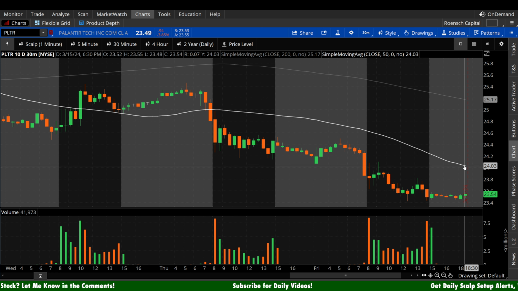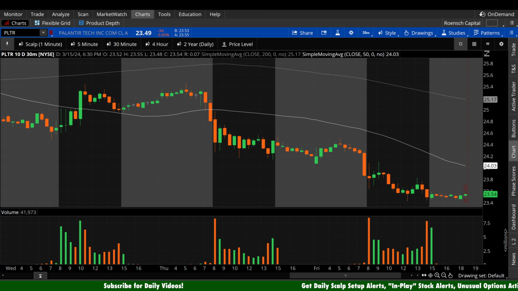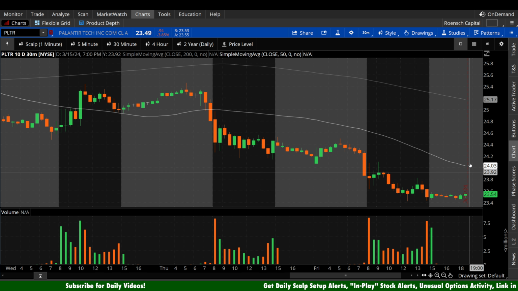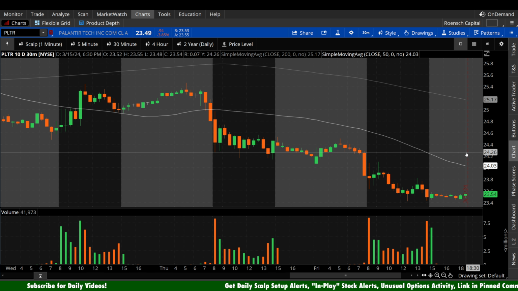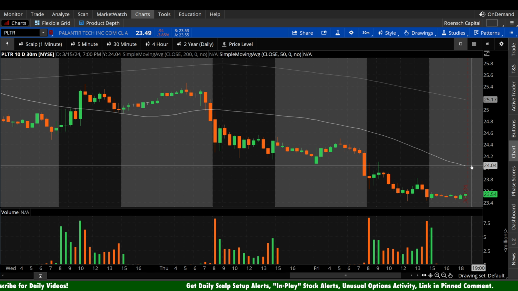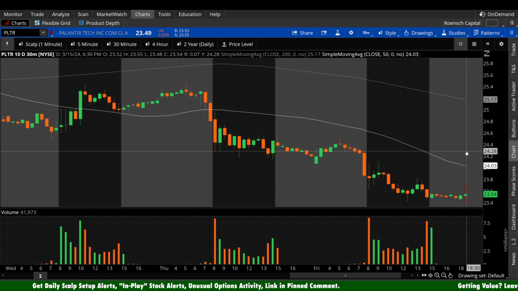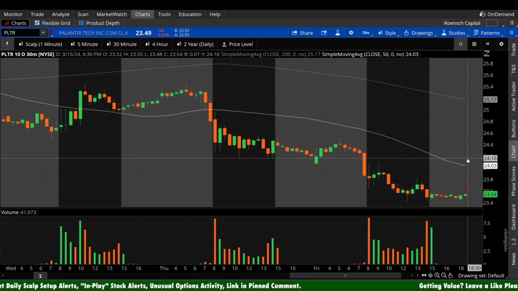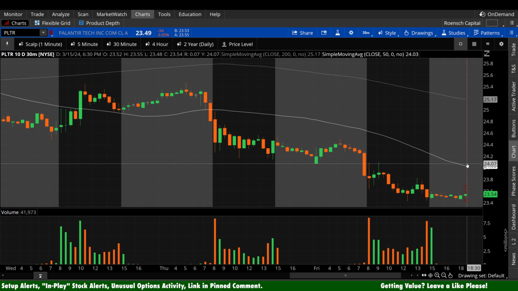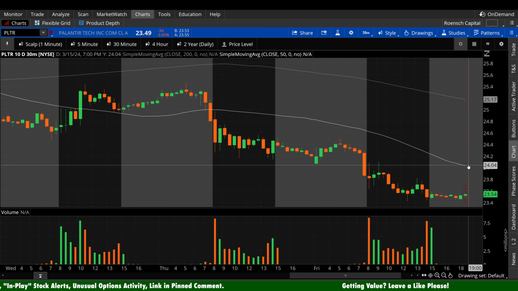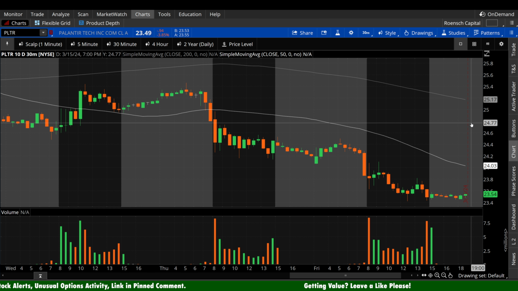So bulls, best case scenario, at least specific to the 30-minute chart come Monday, I would love from a bullish perspective to see a break upside through that 50 period on high volume, a really low volume retest, like below average volume on the retest, and then back to above average, as much volume as possible, move back to the upside. Basically what that says is, hey listen, we're going to break this upside, big sample size agrees, small sample size makes a backtest because people are unsure, and then a big sample size flows back in and says, yes, in the short term at least, we are holding that 50 period,